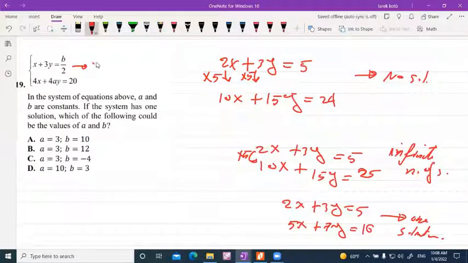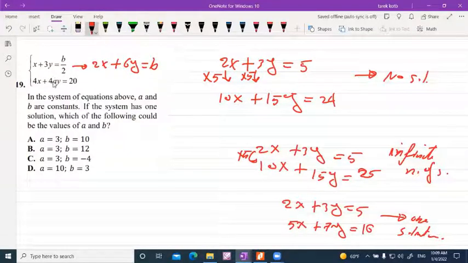Let's see about the system. x plus 3y equals b over 2. Let me simplify this. If you multiply all by 2, it will be 2x plus 6y equals b. Compare this equation and this equation. This is 2, this is 4, and this is 6, and this is 4a, and this is b, and this is 20. To get one solution,